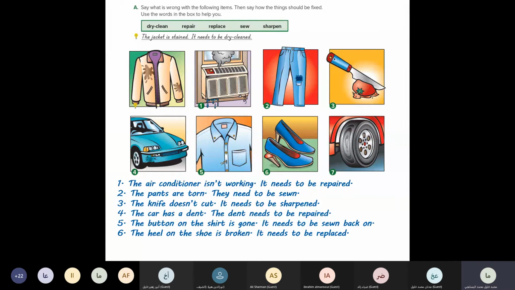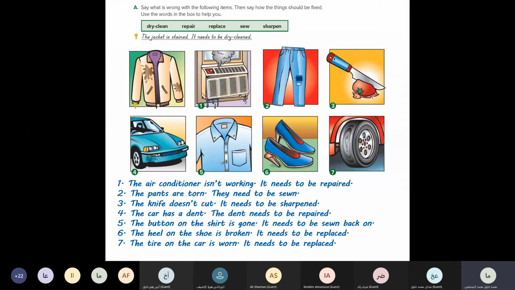It needs to be replaced. Good. Thank you. Now, what about the last picture? Yes, Anwar. The tire is flat. It needs to be repaired. Good. The tire on the car is worn, not flat, worn. It needs to be replaced. Thank you very much. Take a screenshot